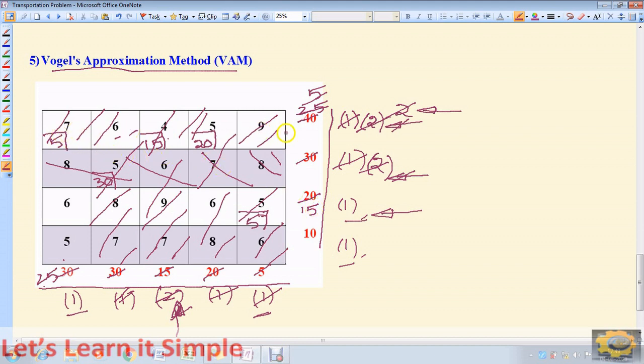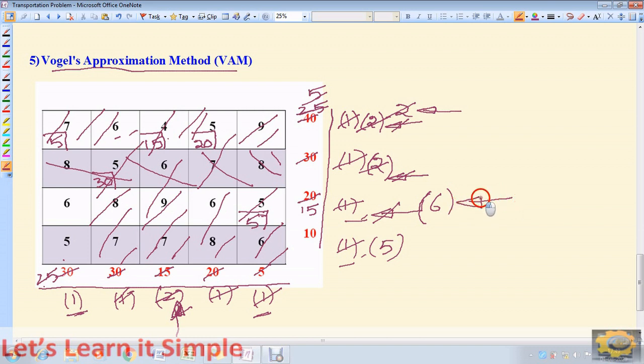Now again, first row vanishes, second row vanishes, third row we have got just only one element, so therefore that is taken as penalty, 6. Fourth row we have only one element, 5, therefore that will be taken as penalty. Now in the column, this fifth column, fourth column, third, second are vanished. Only 5 and 6 remains, which means 1 is remaining. So we have 1 in the column penalty, row penalty 6 and 5. So the maximum is 6.